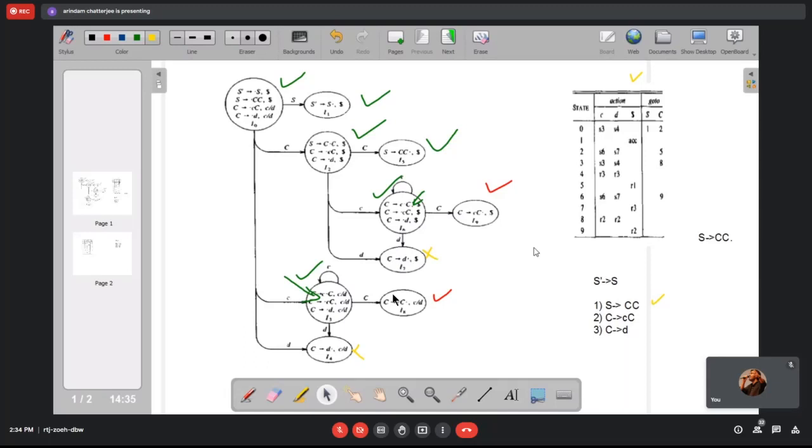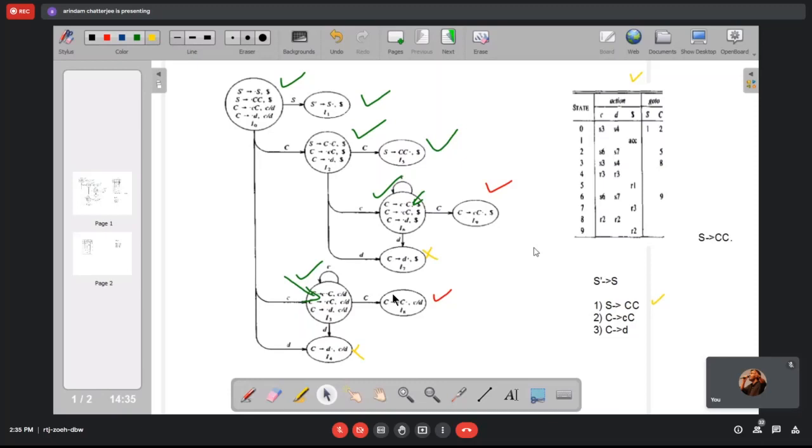Am I clear? Like you can see in I9, you have capital C producing small c capital C dot, comma, dollar. So dollar is the look ahead item. When we apply a reduction, we don't really look at the follow symbol anymore because the look ahead item is already included.